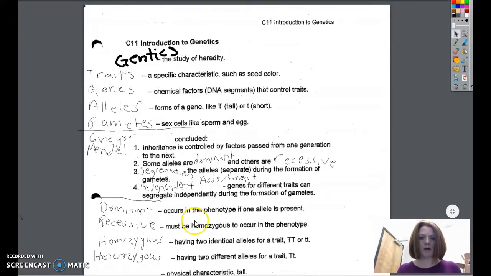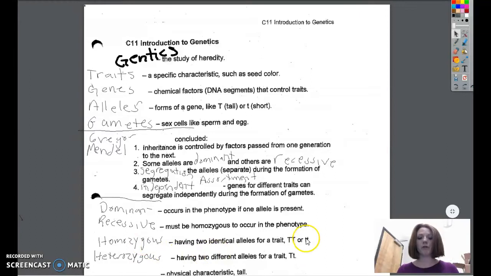So real quick, a quick review: dominant, recessive, homozygous, and heterozygous. Dominant is going to be referred to as a capital letter, an allele. All of them are referred to as alleles, but it's a capital letter. Recessive is going to be referred to as a little letter. So in order to have a particular trait show up and it be recessive, you have to have two little